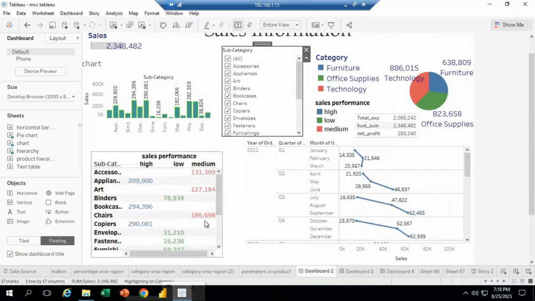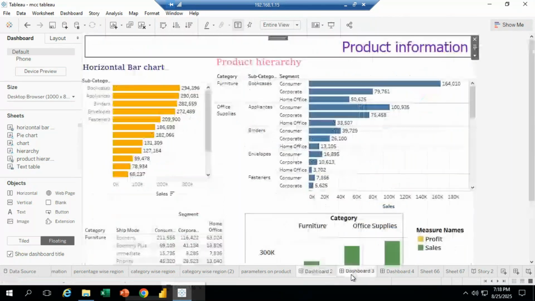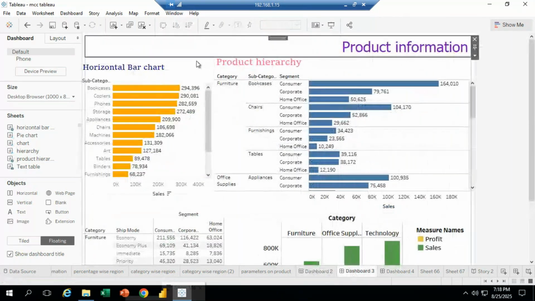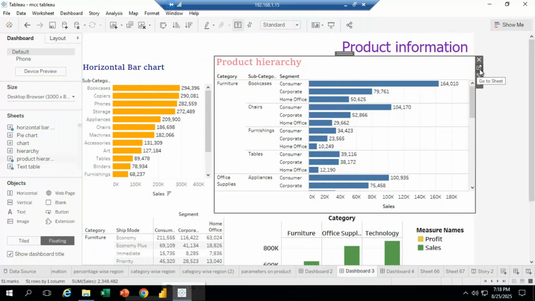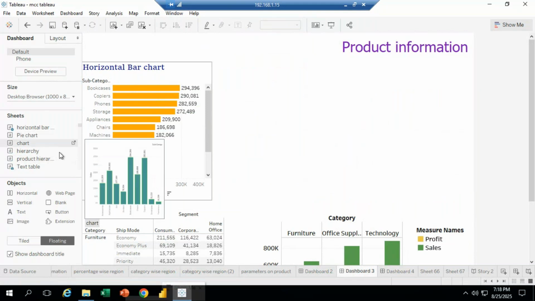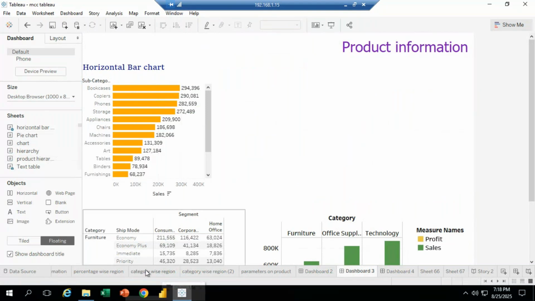We should select the filter, then only that option is going to display in the dashboard. So I want to select the product, or else I am going to select category wise. Okay, select this one, product hierarchy, right? This file name is product hierarchy. So where is that product hierarchy? In that,